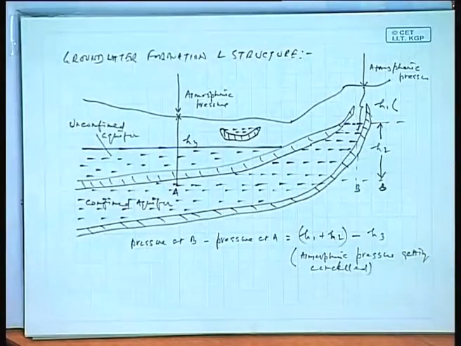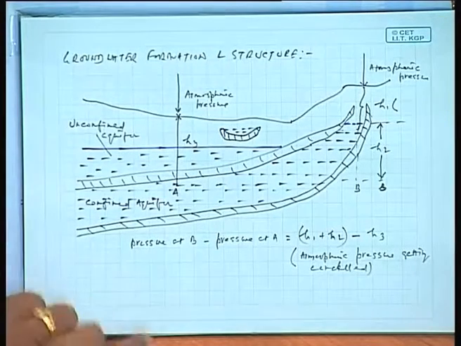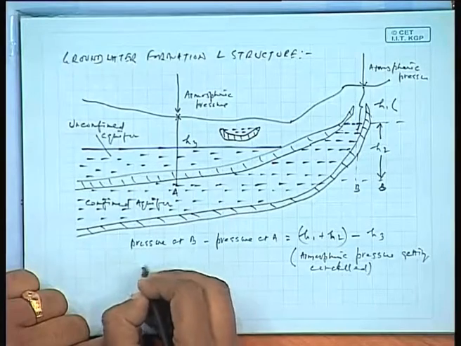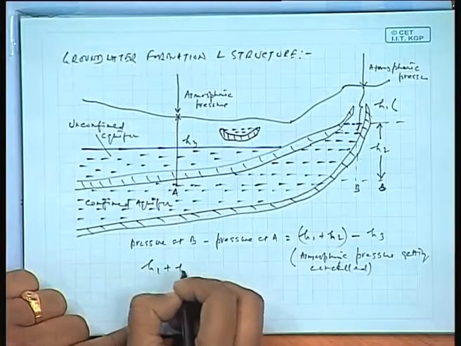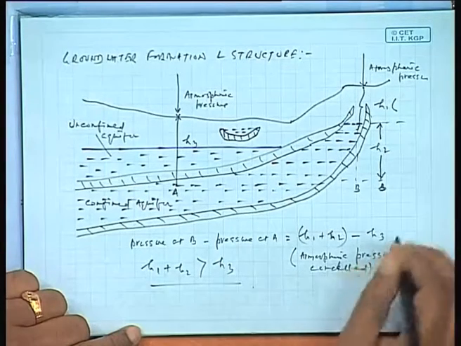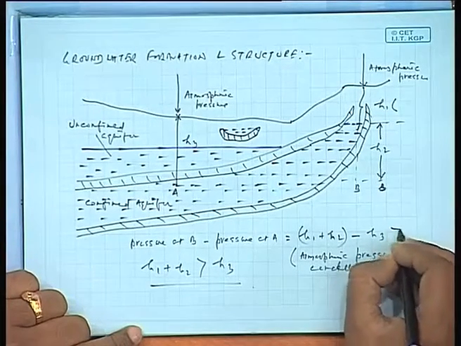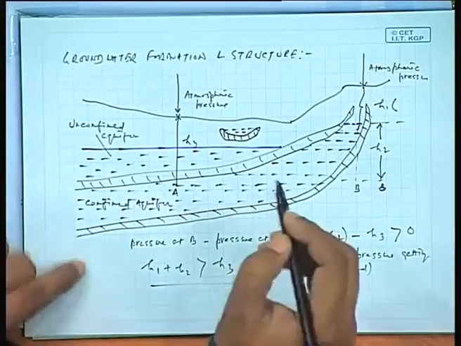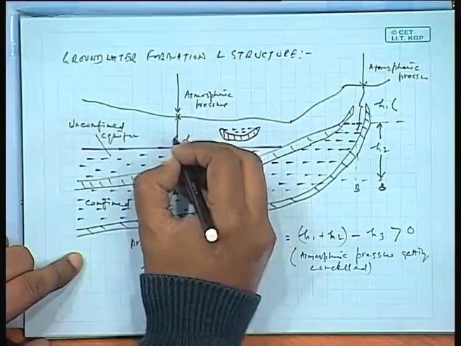Atmospheric pressure gets cancelled. So in cases where H1 plus H2 is more than H3, or you can find a positive value, more than 0, what we expect here is the water to flow